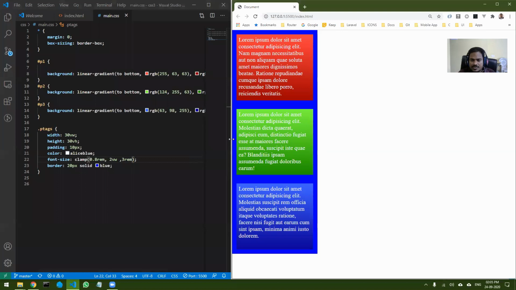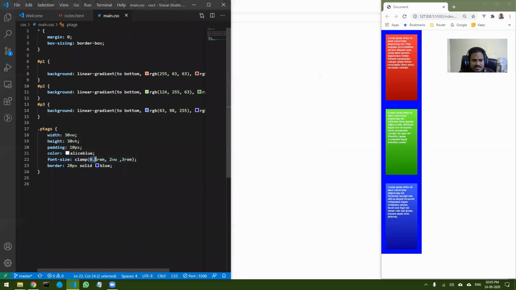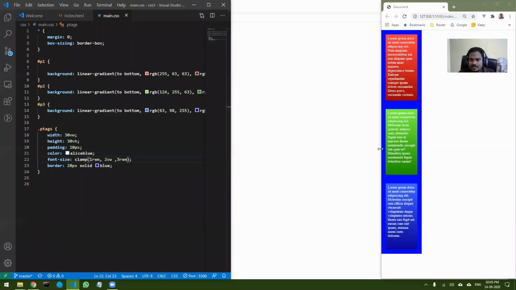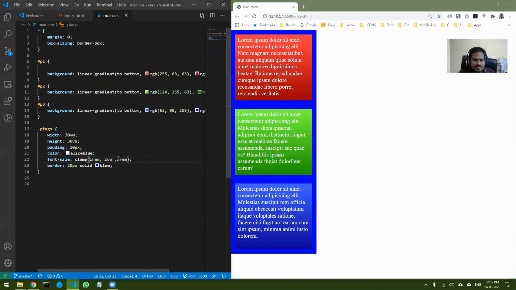Okay. So it goes till here, and I think 0.8 is too little. Let us take it as 1 rem. And 3 rem is also too much. Let's set it to 2 rem.